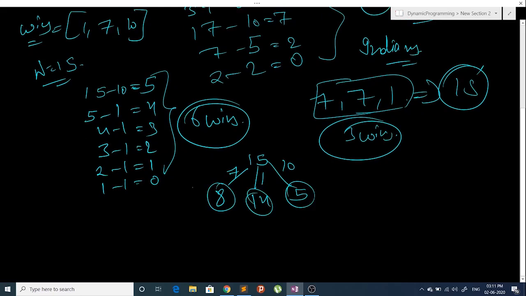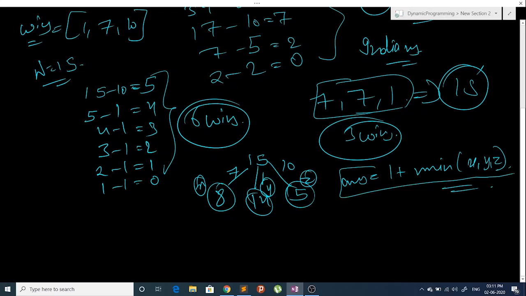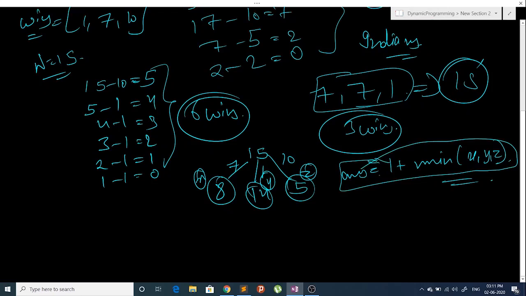So let's say the answer for 8 is x, the answer for 14 is y, and the answer for 5 is z. So we can see that our final answer will be 1 plus the minimum of x, y and z. So this is our recursive formulation. Now we just have to memoize it, and we have formed our DP solution. So this is the top down approach.